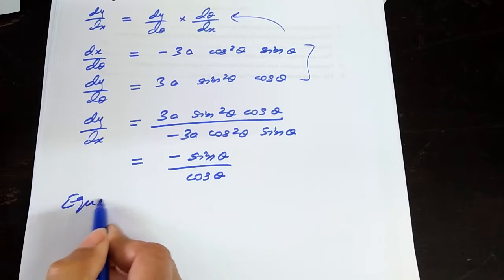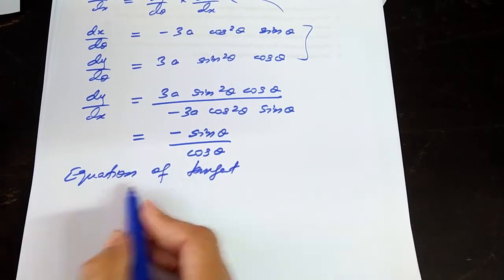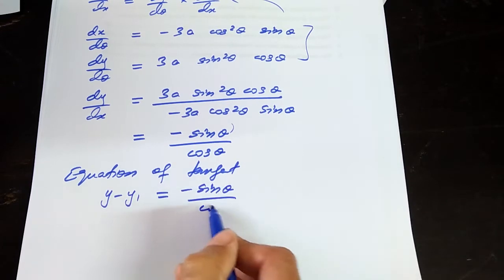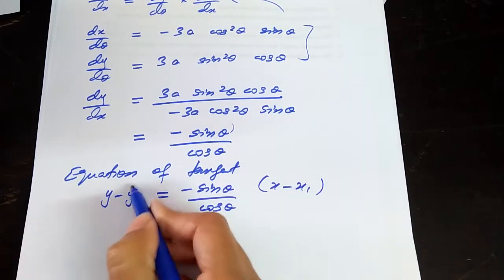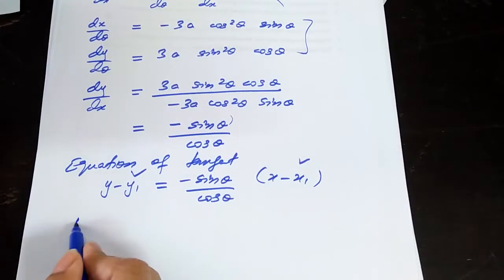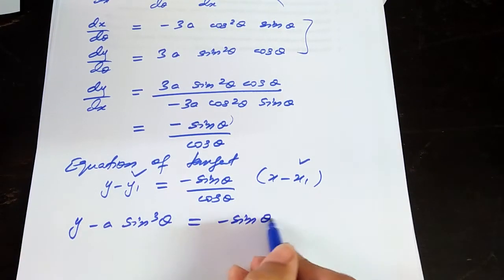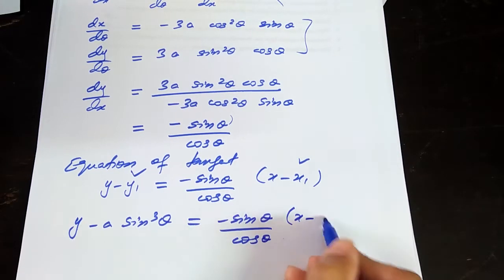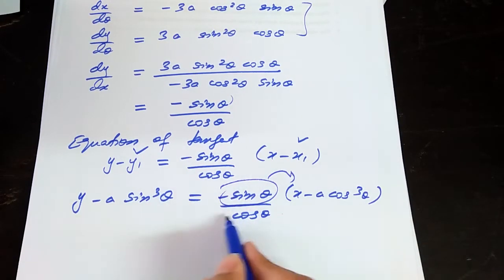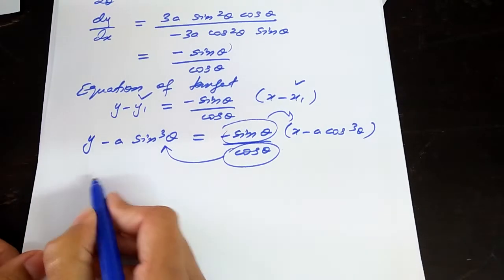Now equation of tangent will be y minus y1 is equal to this slope of tangent times x minus x1. Now y1 and x1 are these parametric equations. Put the values here. It will be, now you have to do what? Multiply this numerator inside and multiply this denominator here on the left side. And after simplification, we will get here